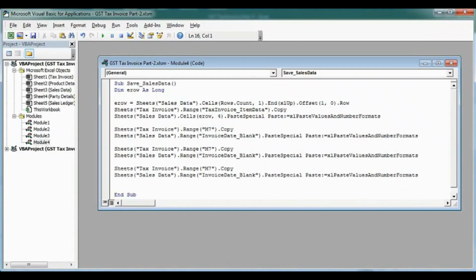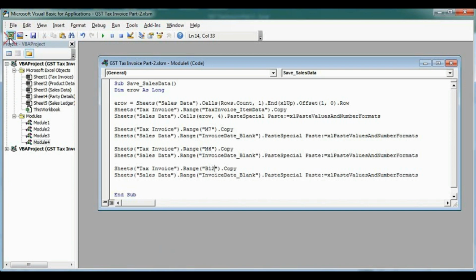So the invoice number will be first, M6, and party name will be B12. And now where will it be pasted? We have to create, same as invoice date blank, an invoice number blank and party name blank.